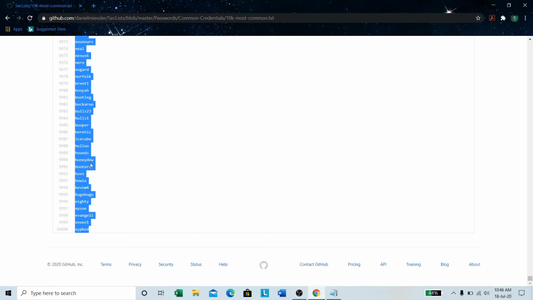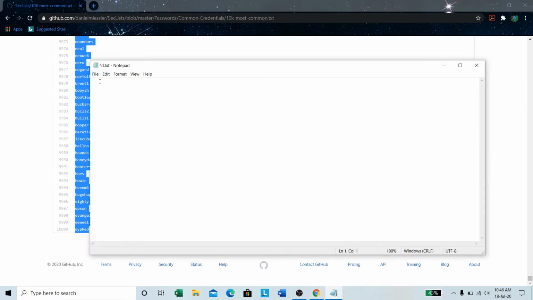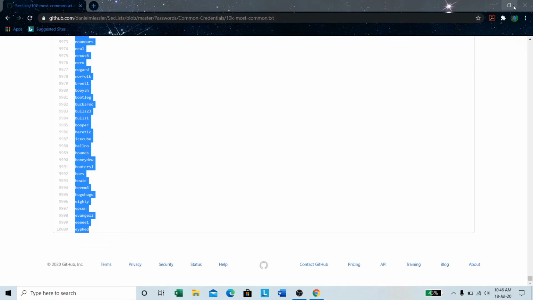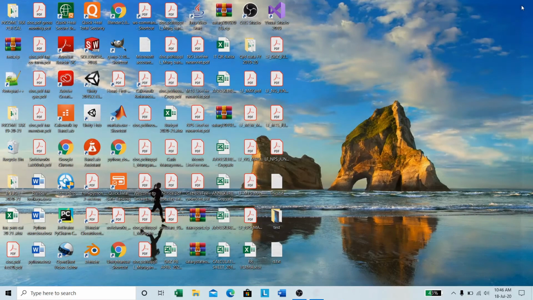Control C. Now we have done it. Save it, Ctrl S. Here is our dictionary.